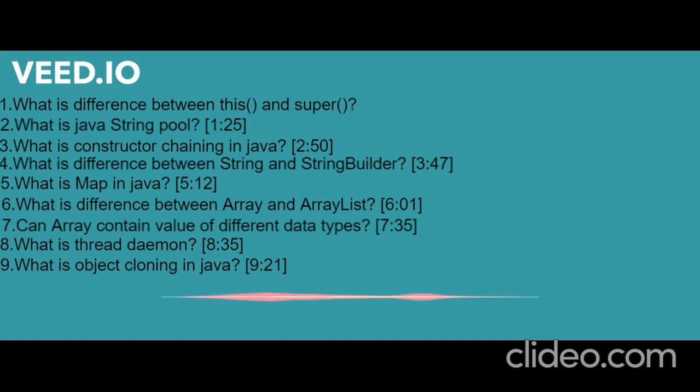And what is the daemon thread in Java? Why do we call a thread a daemon? In which case do we call it a daemon thread? Daemon thread, I can guess because I'm not sure. It may be like when a thread goes to a situation that it is not in use further, so it will be in a daemon state, and it can be stopped or destroyed whenever required. So I think something like that only.